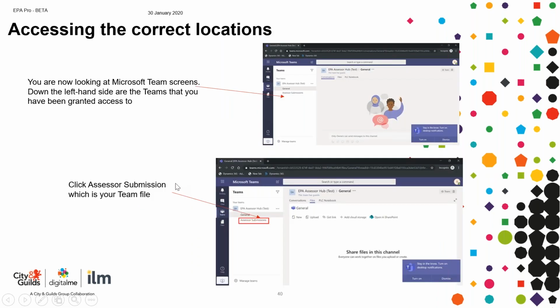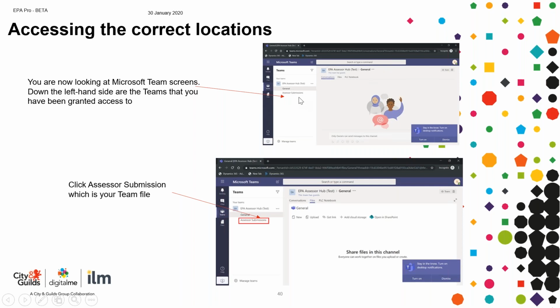Once you have access, so as an IEPA, you will have access, and as a LIEPA, you will have access. I've already said this. Now, what you can see on the screen is the IEPA access. So this is Teams. And what you'll see on this panel here is something called Assessor Submissions. If you're an IEPA and you want to submit evidence into the SharePoint folder, you will click on Assessor Submissions. And just to say, all of the steps that come before, you only need to do that once. So in order to put information on SharePoint, the IEPA would enter Teams, and this is the starting point for them. This is what they would see.